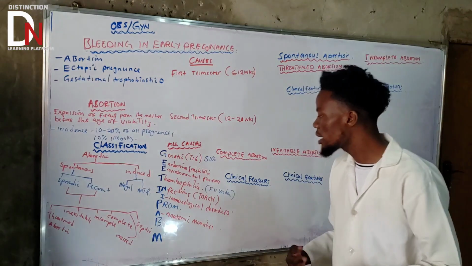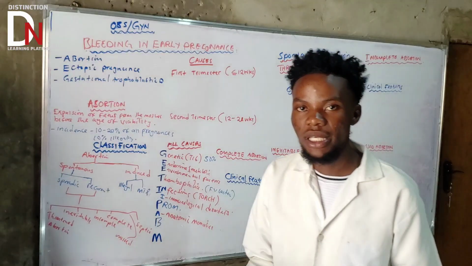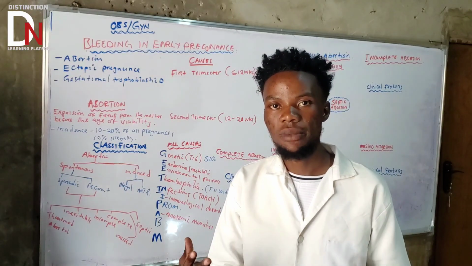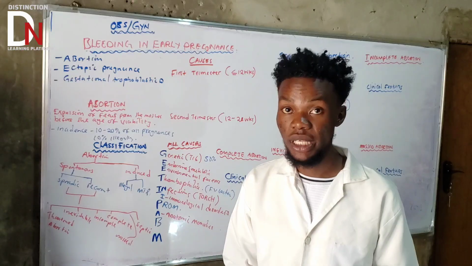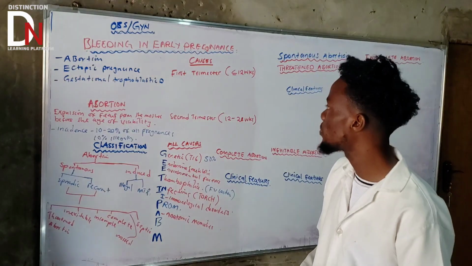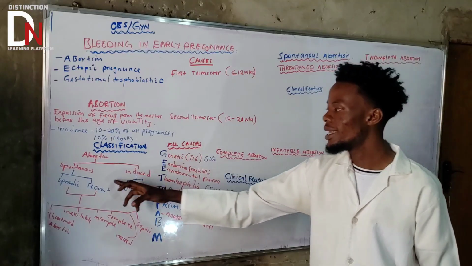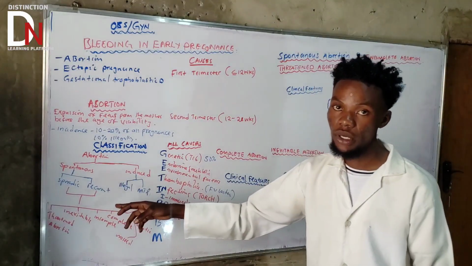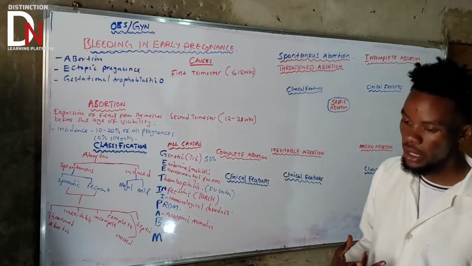So let's start with the cervical. The cervical can be what? Incompetent. Basically, it can't close due to some certain reasons. Okay, so what do we call that? We call it cervical incompetence, one of the most important causes of second trimester abortions, and one of the causes of recurrent abortions. We'll talk about that. Okay, that is about the cervix.